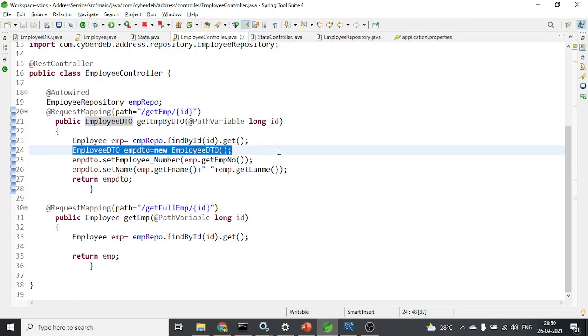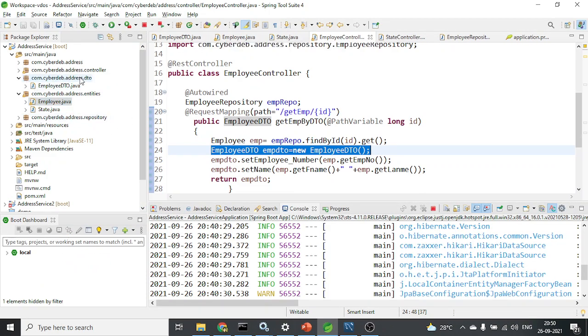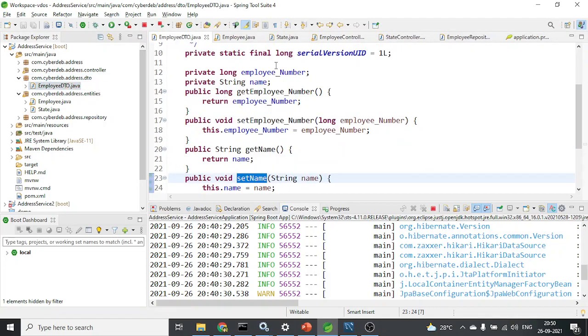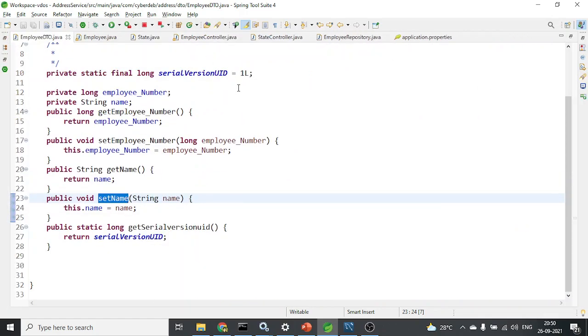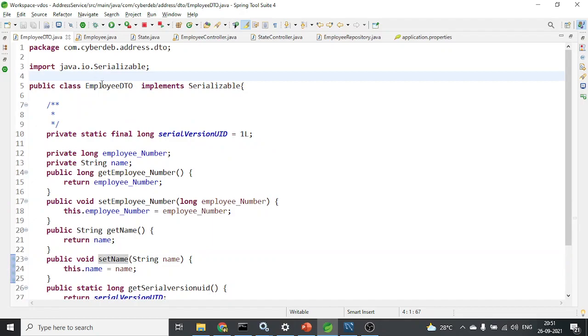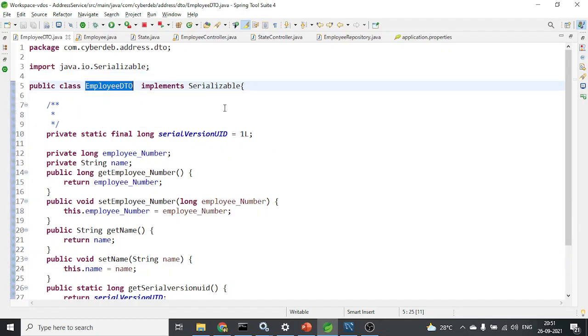So where is this employee DTO? Now have a look at it. I have created this employee DTO over here, in a new package called DTO package, and here is the employee DTO. It's a very ordinary class. Nothing I have to mention in the annotation or anything like it. Just as a better practice, you should implement the serializable interface, because it is going to be transmitted between the client and server, maybe used by different users. So a serializable object must be there to transfer in the network. So the serial ID I have declared.